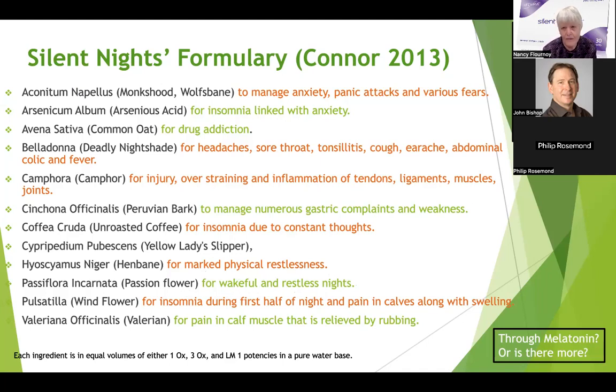Melatonin itself is not there, which is interesting. And it makes me think maybe David's really operating more on the vibrational content of both of these products. I think that because we have a third product that I know of that really is designed to reach and act on the hypothalamus, which is where all this is happening, and that's the SP6, which we'll talk about another time. But he likes to put it on a particular acupuncture spot, which he describes as having a super highway to the hypothalamus. And so, again, I think the whole